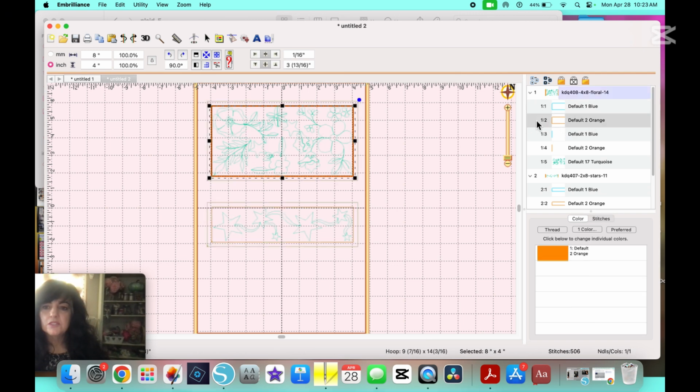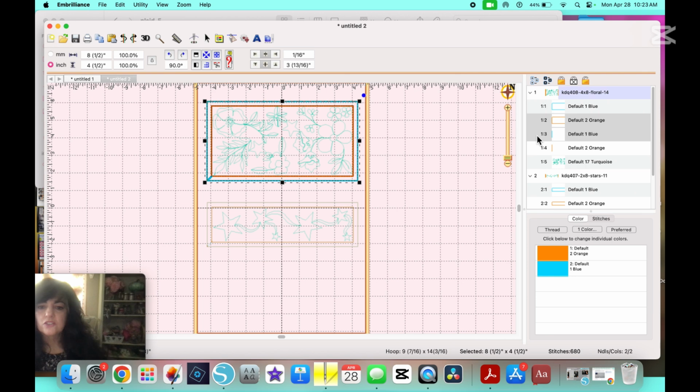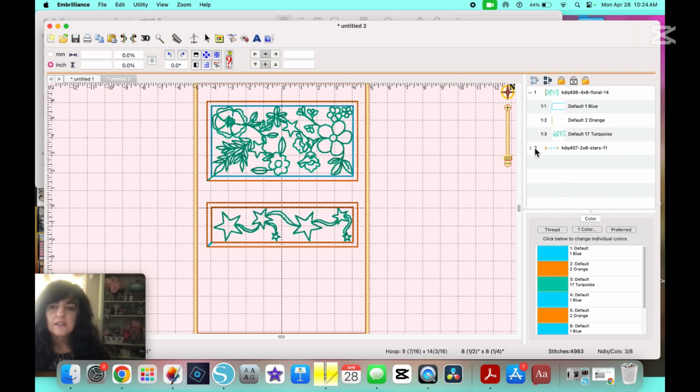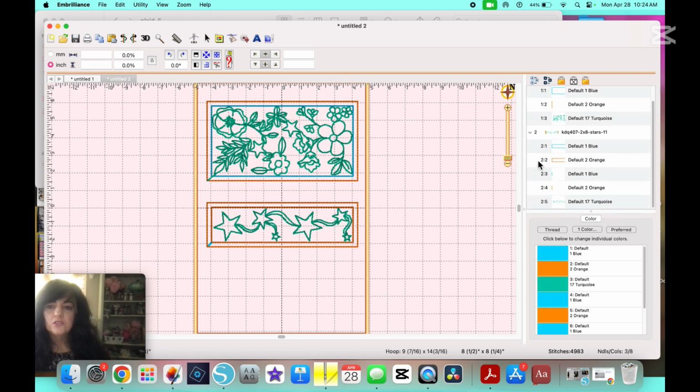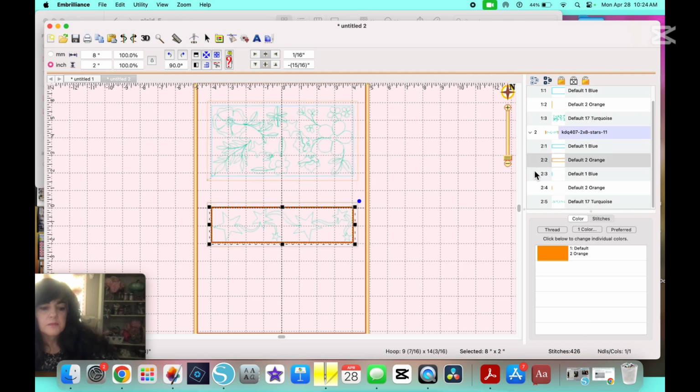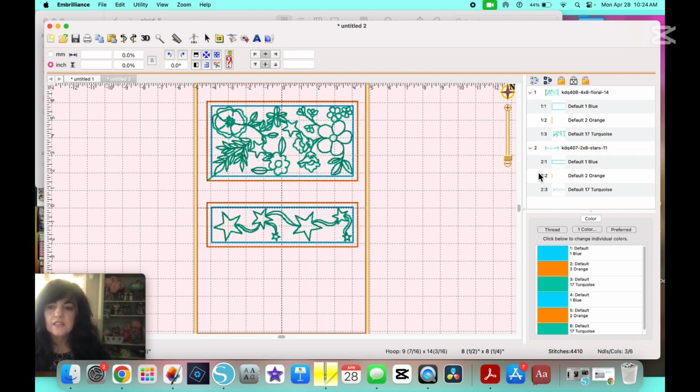So I will come to this right hand side, select that second step, hold my shift key down, select the third step, and hit delete. I will do the same thing for the bottom design, select the second, hold my shift key down, select the third, and delete. So now I've taken 4 steps out of our design. So now I have just the 3 steps, and I want to make one more change before I color sort